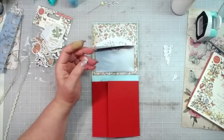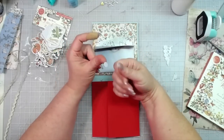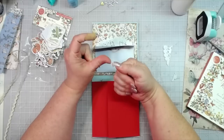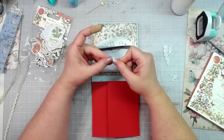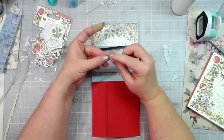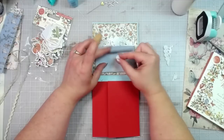Velcro dots, and I got those off of Amazon. They are listed in my Amazon storefront. So I got a fuzzy side and a prickly side. And I'm putting them together. Okay, and then I'm going to put this,